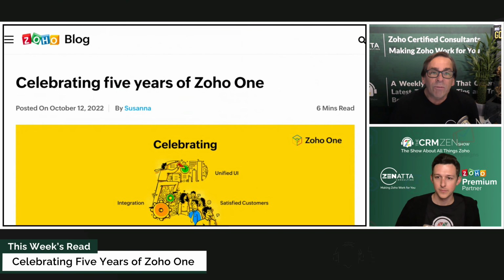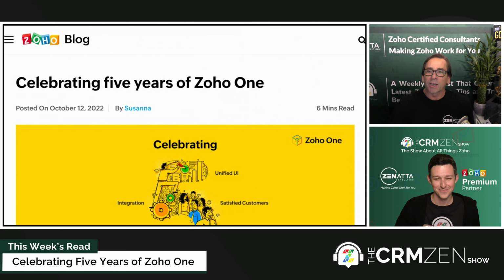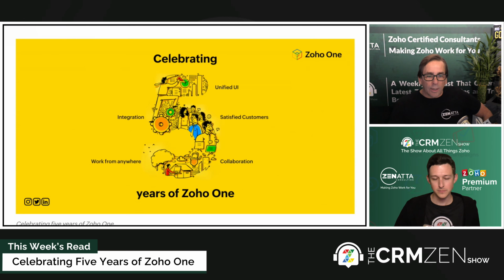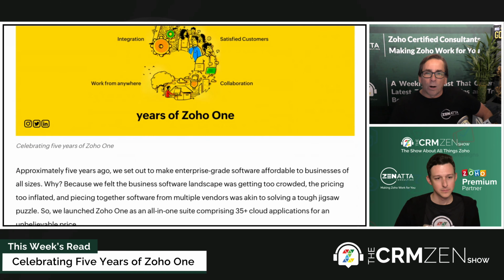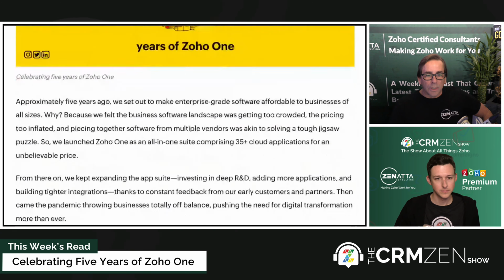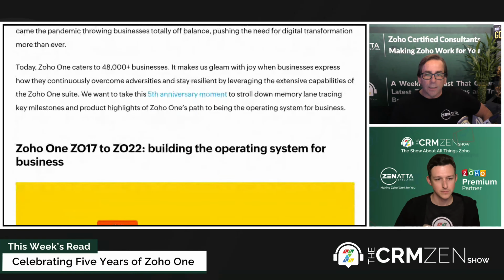I cannot believe it has been 5 years, but it has been 5 years. Wow. So Zoho One was released 5 years ago. I think they announced it at Zoholics in 2017, and that was when it was all announced. I did not make that because I almost died and was in the hospital for about a month during that Zoholics. So that was one of them that I missed. But it was a big announcement. It originally came with 35 apps and has since grown over time.